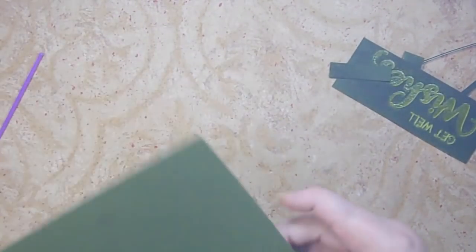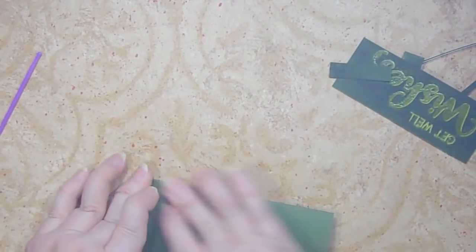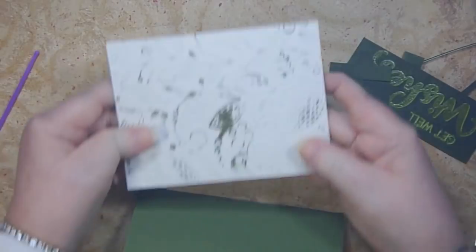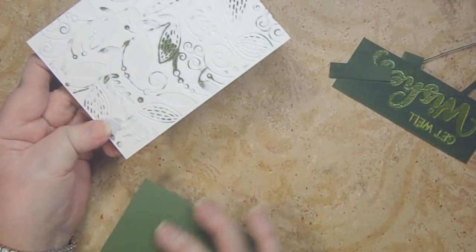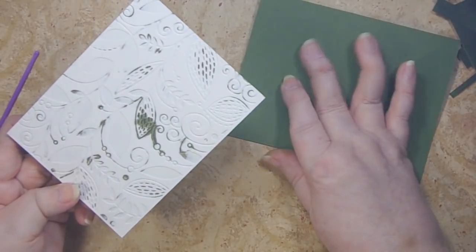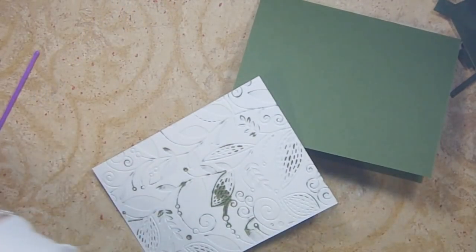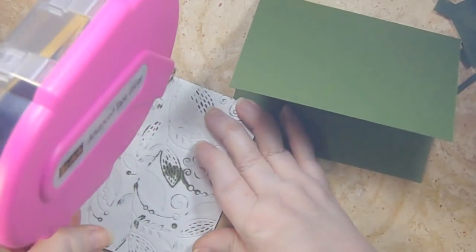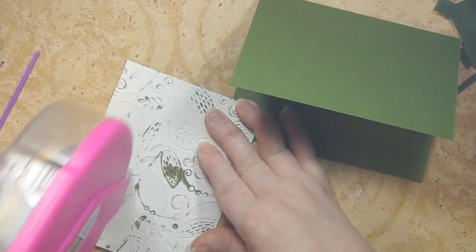Now, when you're going to do something like this, where you're using an embossed folder, there is going to be a lot of unevenness in the back. So to apply it to your card, you are going to want to use some really thick adhesive. I'm going to try this ATG gun that I absolutely hate because I can't see where the tape is